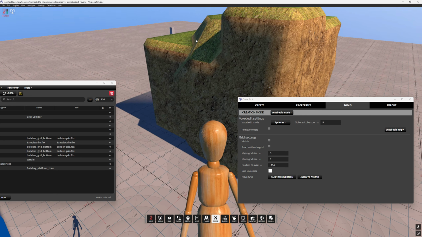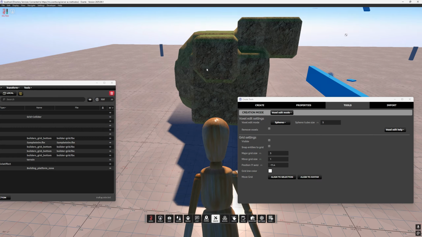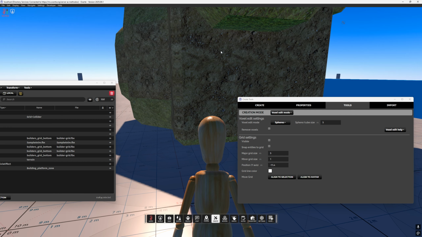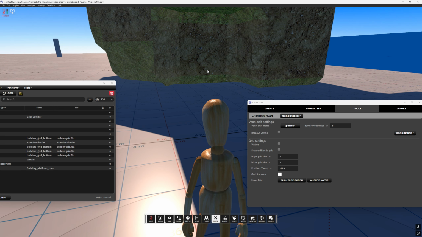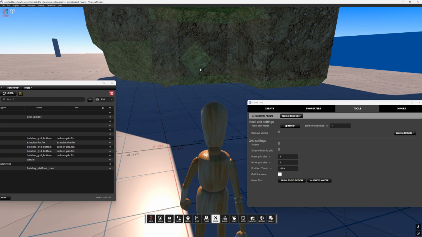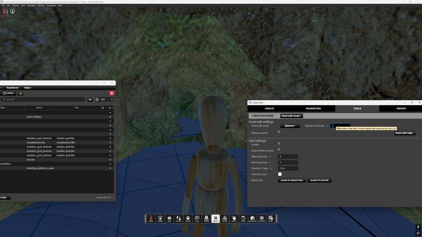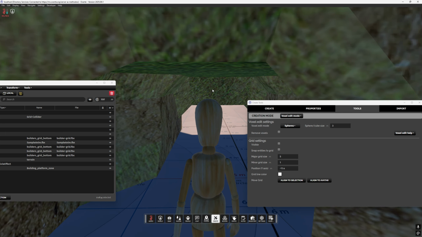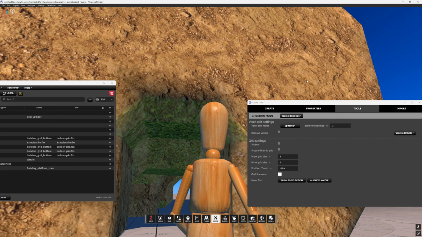I think I'm hitting the boundary of this. But if you go here, you can make it like that. A very interesting thing with voxels is you can create caves. If I use the middle mouse button, let me make it smaller, I can start removing dirt, right? Let me make it bigger, and then that can create a hole, and I can walk through the hole. So as you can see, this is a very flexible system to allow you to very quickly create structures or